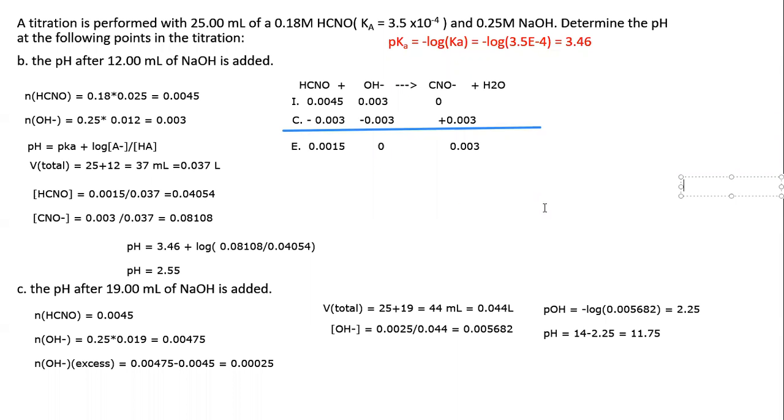Okay, just one clarification. In the previous problem B, I made a typo. So the correct answer is not 2.55. So when we do the log of 0.08108 divided by the concentration of weak acid, since the concentration of weak base is greater than the concentration of weak acid, our pH should be greater than the pKa. So when we do this,